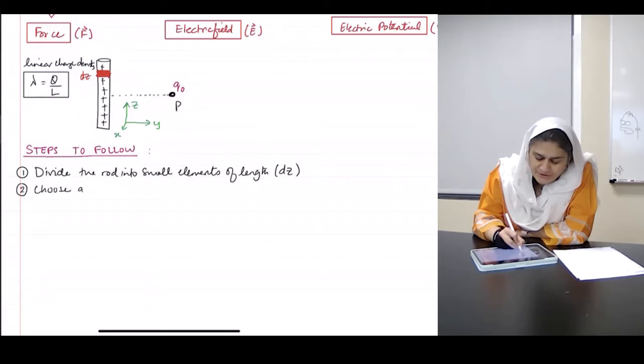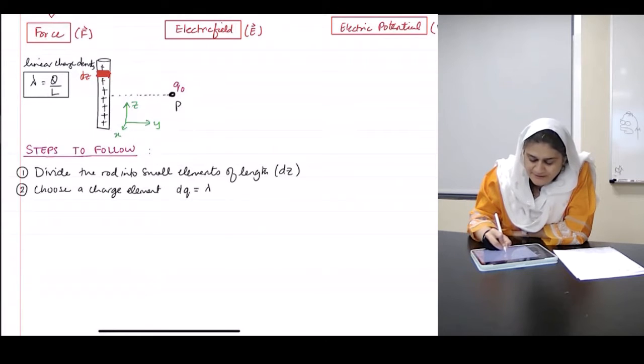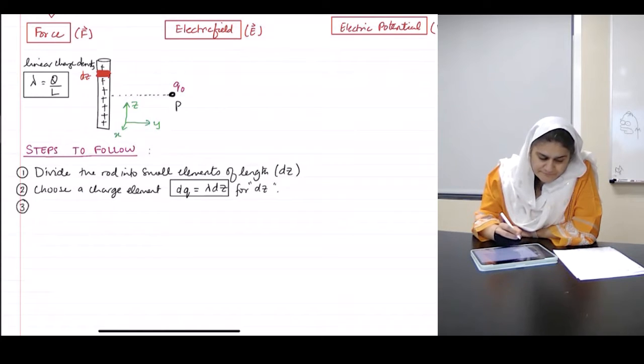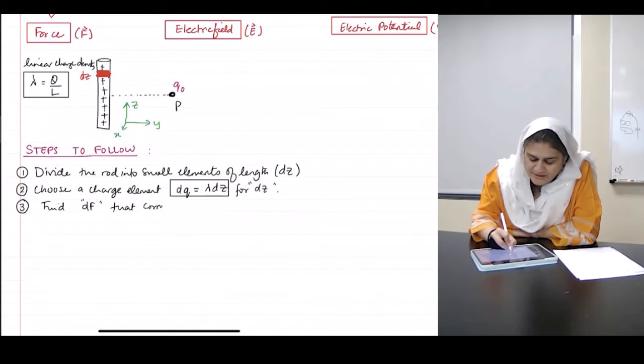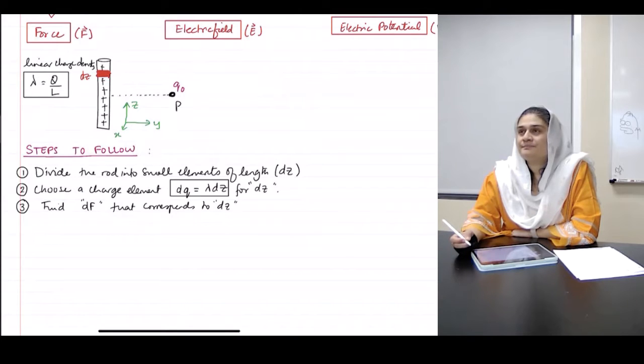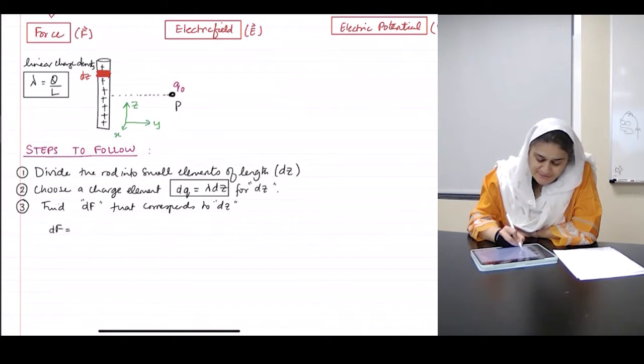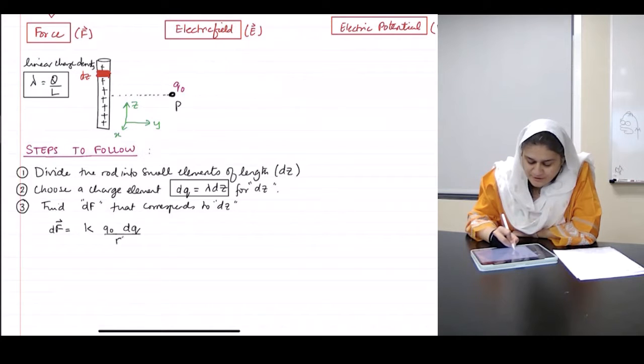Number 2, choose a charge element dq defined as lambda dz for this element that you chose. Number 3, find df that corresponds to dz. How will I find df? I can use Coulomb's law. And Coulomb's law says df will be nothing other than k q0 dq over r squared,